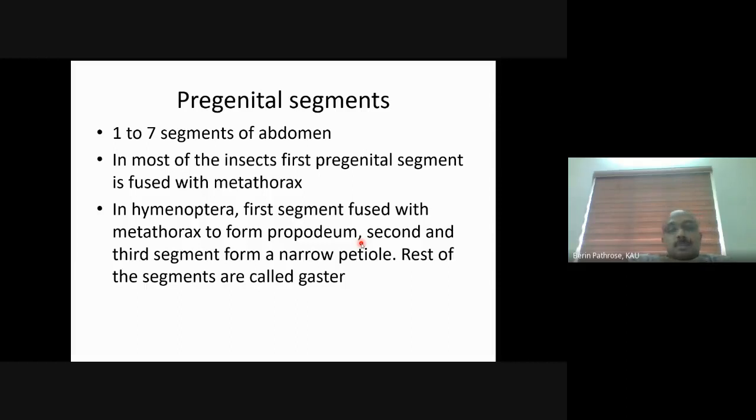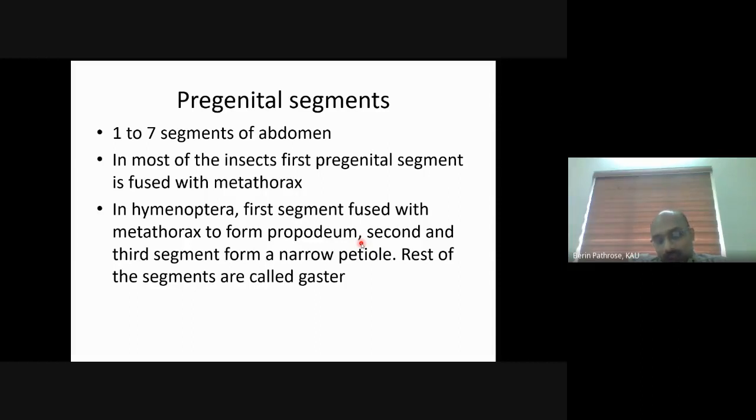First we will see the pregenital segments. It is from segments 1 to 7. I told you that in 8 and 9 we have reproductive appendages. So segments 1 to 7 are the pregenital segments. In most insects, the first abdominal segment is usually fused with the metathorax, and we may not be able to differentiate between the metathorax and the first abdominal segment. So that is one typical feature of the abdomen of most insects, wherein the first abdominal segment is